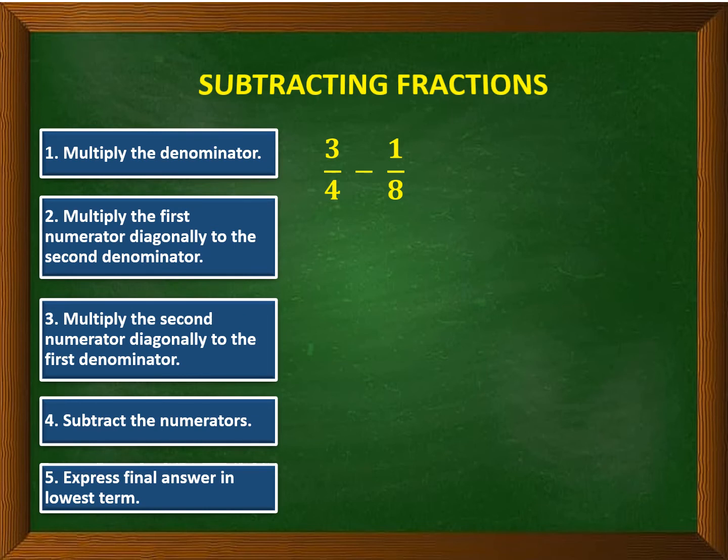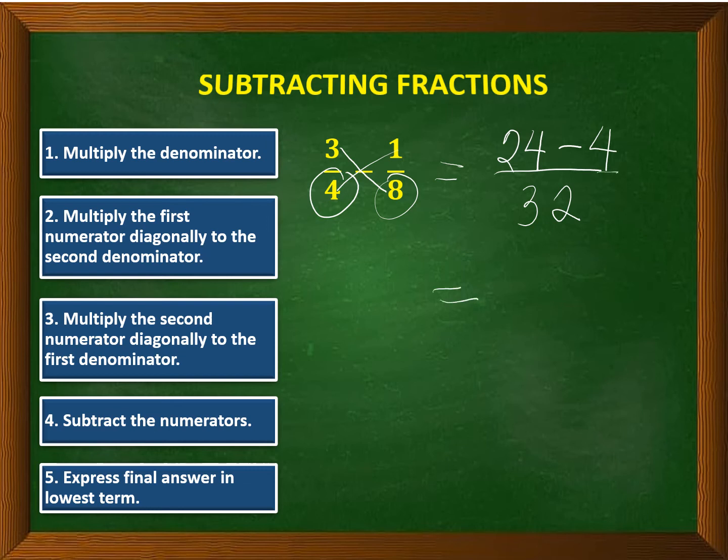Let's have our second example. 3/4 minus 1/8. Same thing. Multiply the denominators. 4 times 8 is 32. That will be our denominator. Then cross multiply. 3 times 8 is 24. Copy the symbol minus. 1 times 4 is 4. Then subtract the numerators. 24 minus 4 is 20